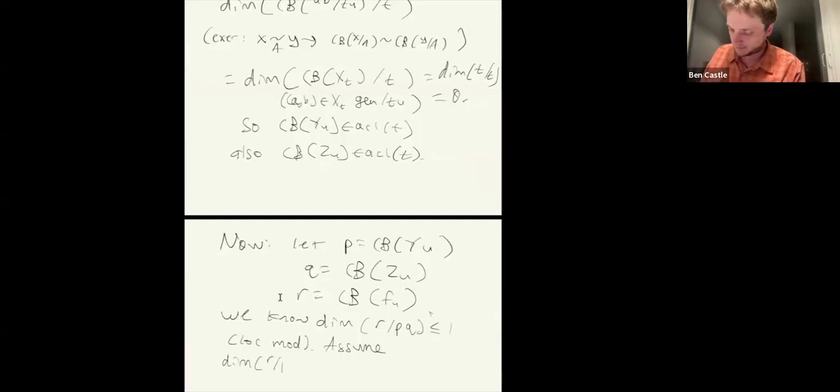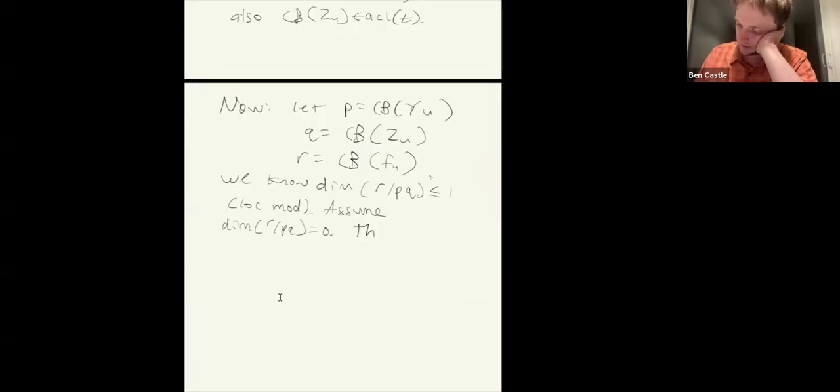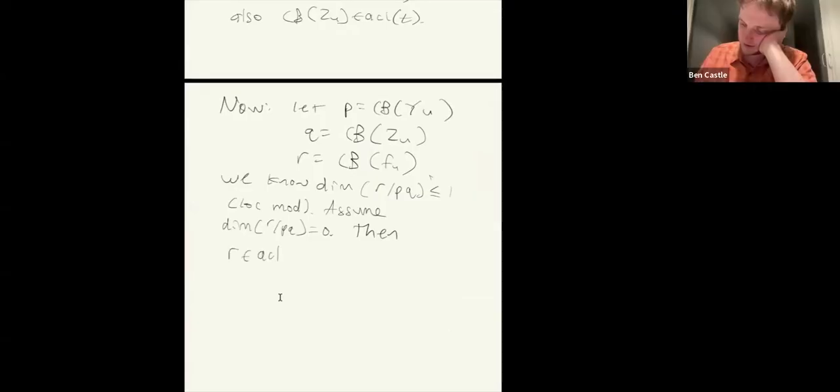What would that look like? Right. Well, then that would imply that R is in ACL of PQ, by assumption, if that's 0,